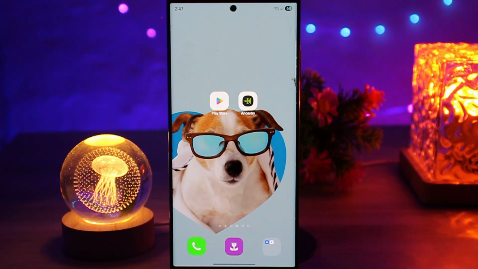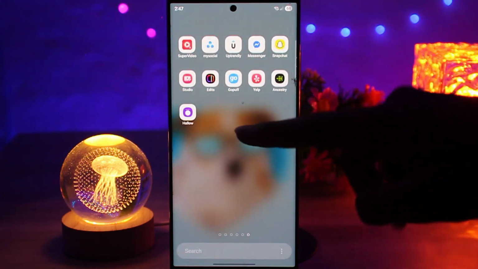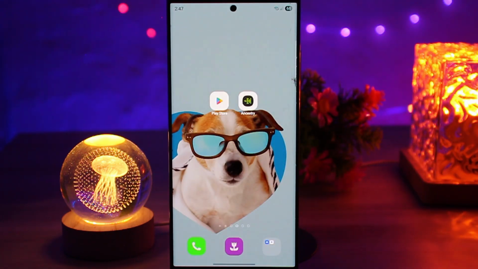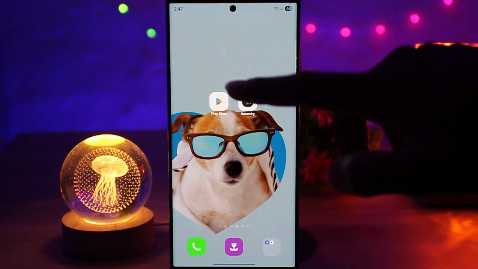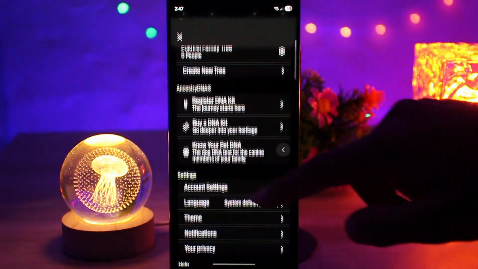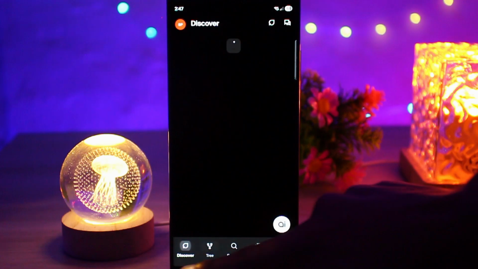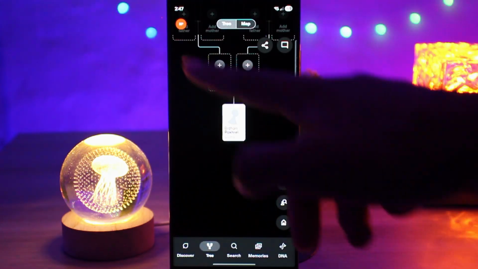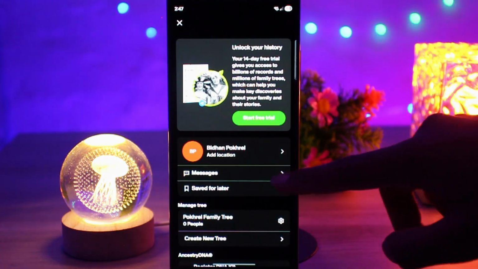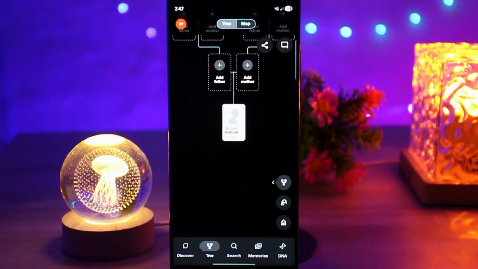First of all, open the Ancestry application, or you can go to any browser and type Ancestry.com, and make sure you have logged in to your account. Open the Ancestry application, then this type of interface will open. Make sure you have logged in to your account, Google or Facebook. Then